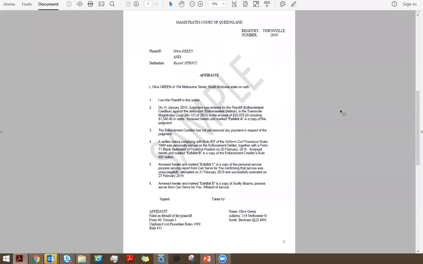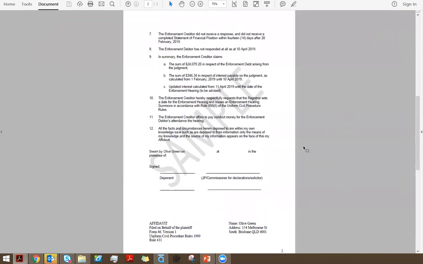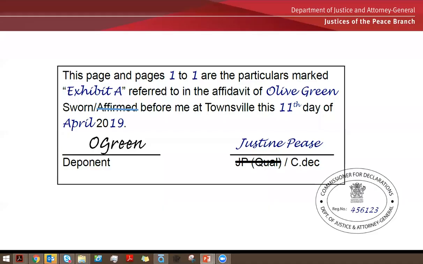And now that I've witnessed the affidavit, and remembering because it's multiple page, I would also have to sign page 1 and ask the deponent Olive to sign that as well. I now actually have to mark each exhibit with the exhibit wording. So using my stamp, my Inaction stamp, that's what we do call it, even though we are dealing with exhibits,